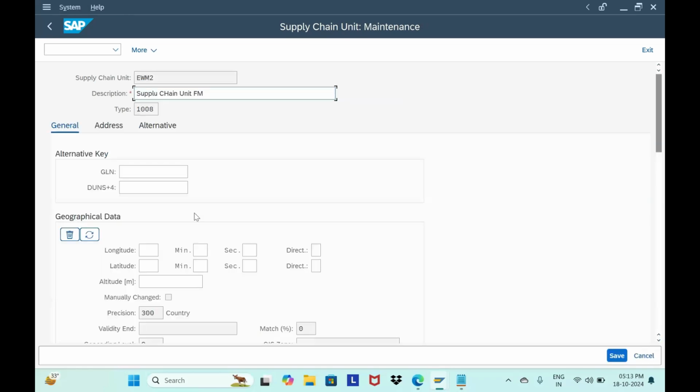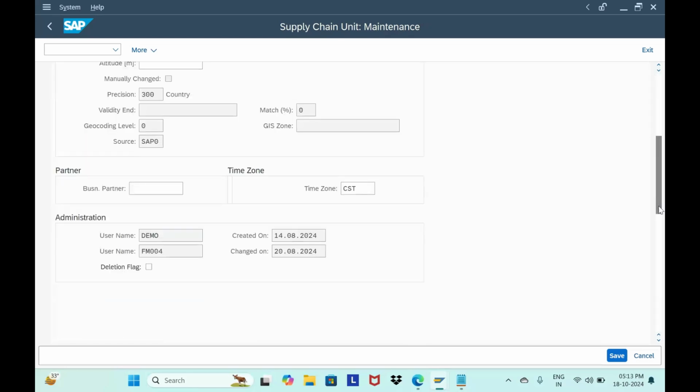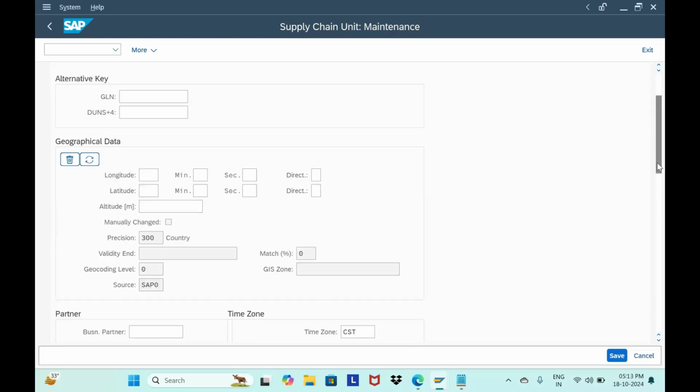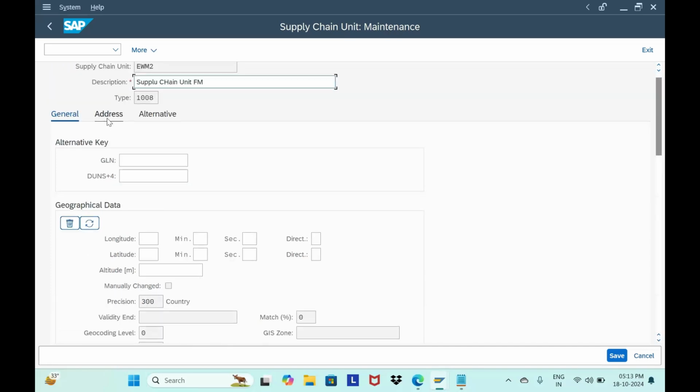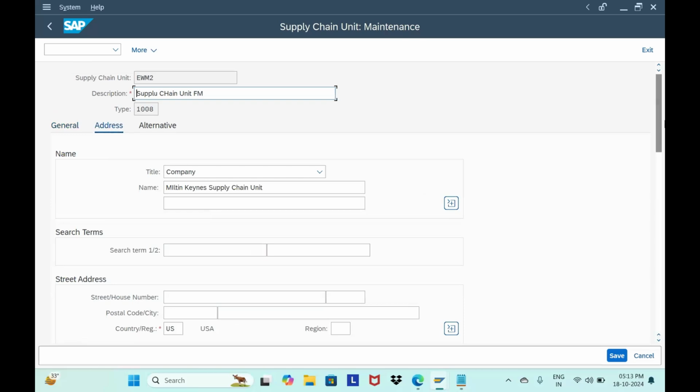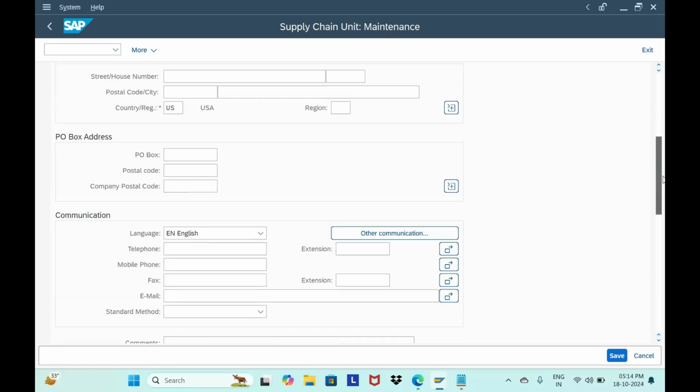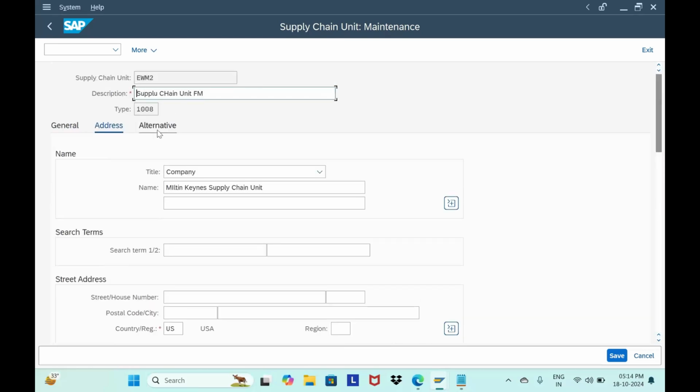Here you will find certain settings: the general tab, address, and alternative. In general, you need to put the general basic data, time zone, and the source or your country. In address, you just put your warehouse address where it's situated: title, name, country, language. In alternative,